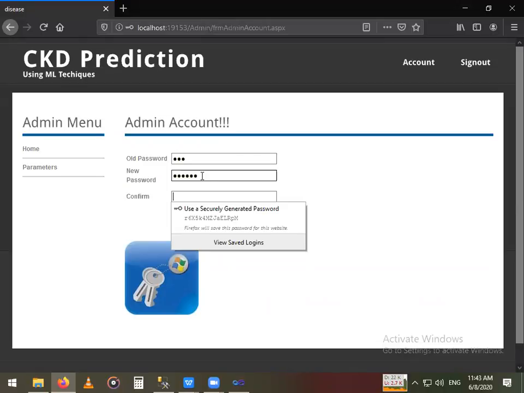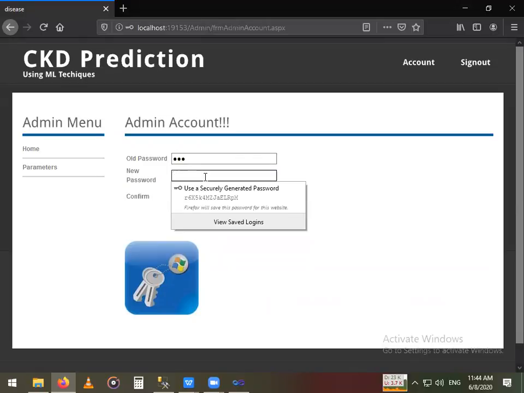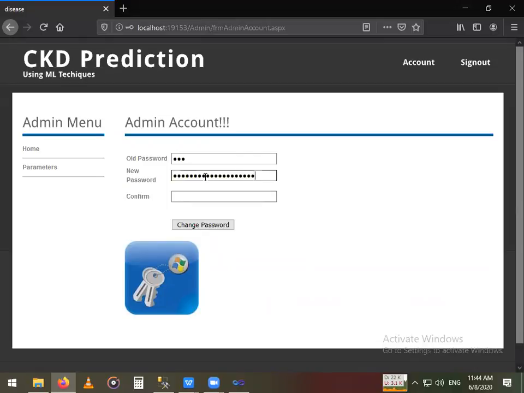Go to new password. Keep typing, keep going. So where is the restriction? Did you understand what I mean? Yes, sir. I got it, sir.